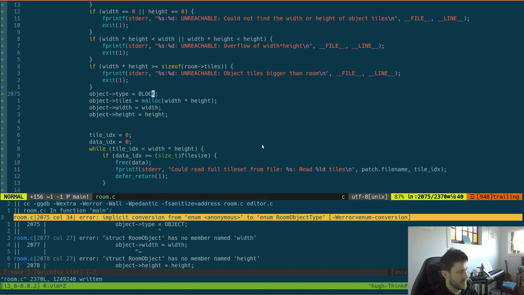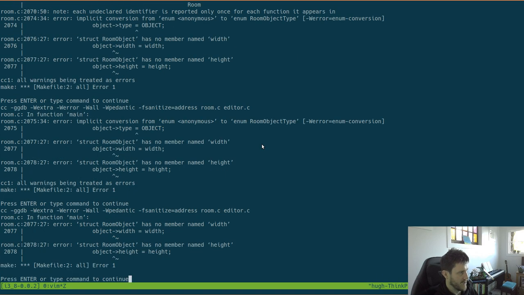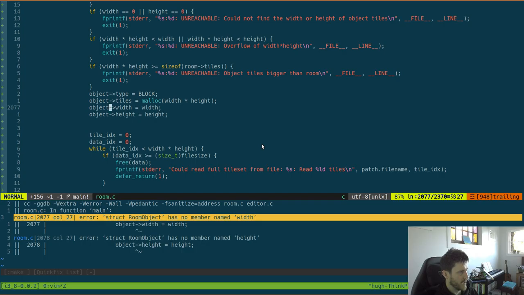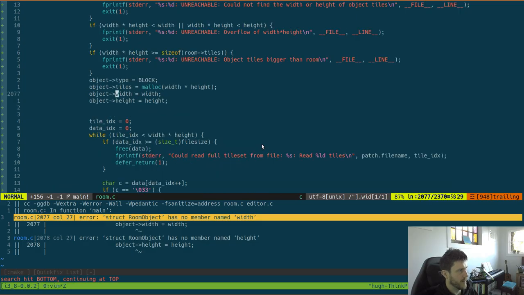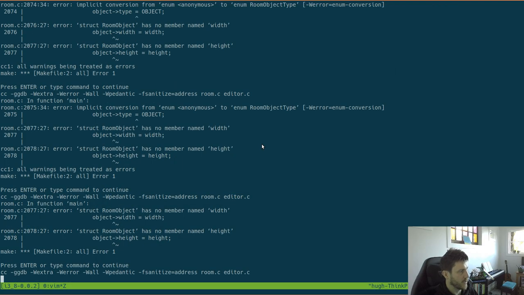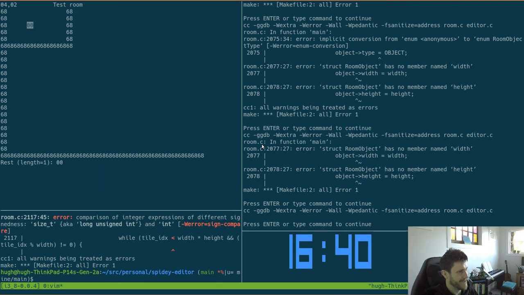Has to be a block if we do that like that. Right, and so we don't have a width and a height. Block dot width, block dot that, and block dot height, and I must have it. Cool. So if that is the case,